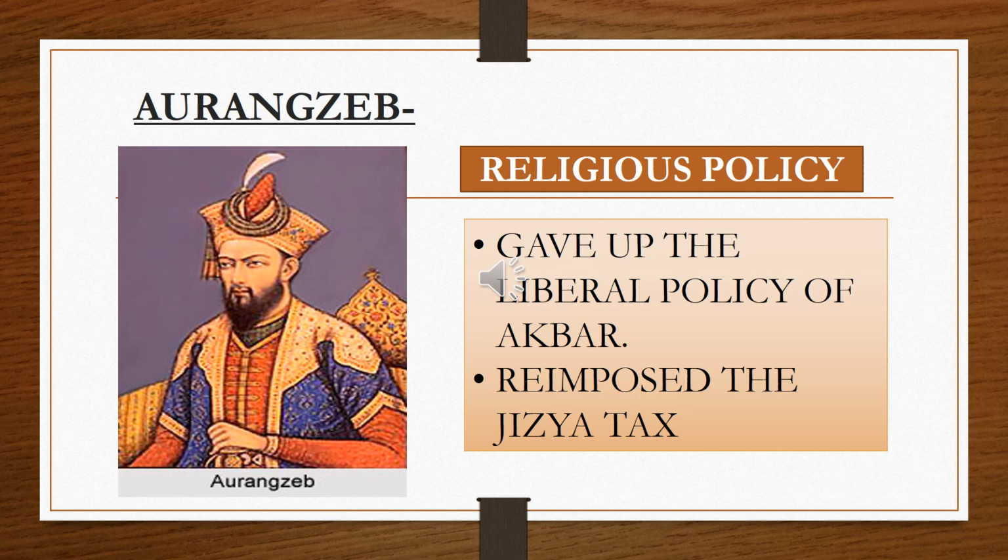We started with the foundation of the Mughal dynasty. It was founded by Babur. Then his son Humayun ascended the throne and was defeated by Sher Shah Suri, who was an Afghan chieftain, and stayed in Persia for 15 years. Then he came back to India when the Afghan rule was weakened, and he continued the Mughal dynasty in India.